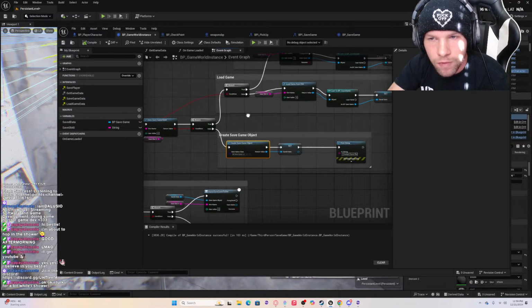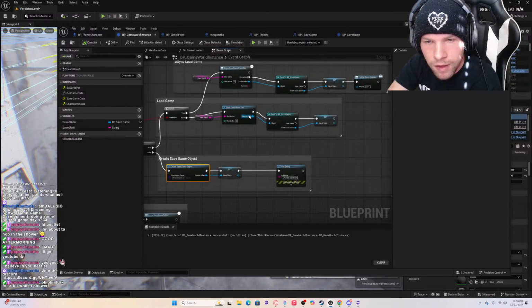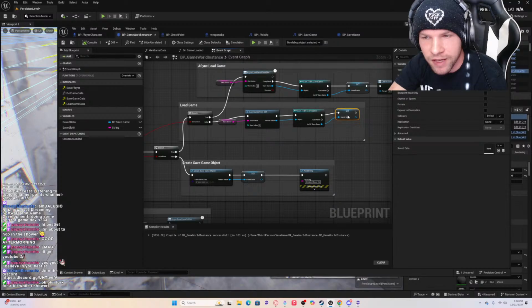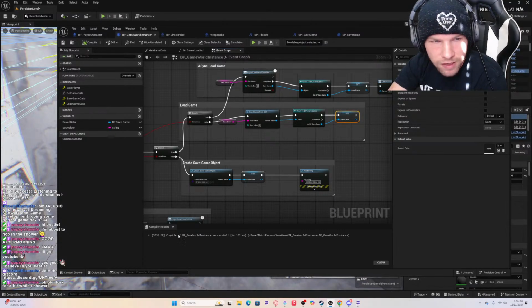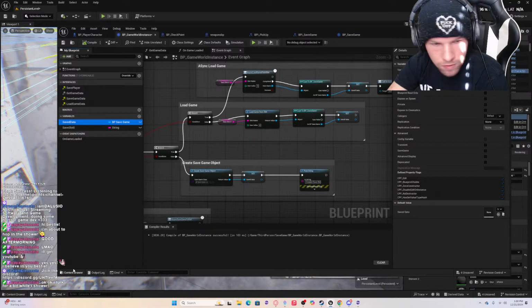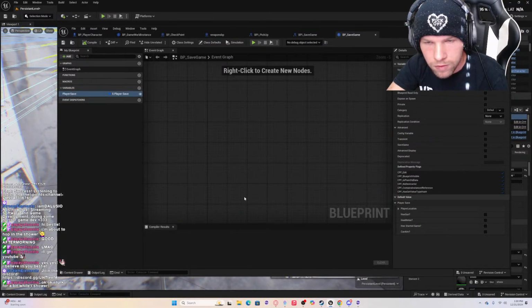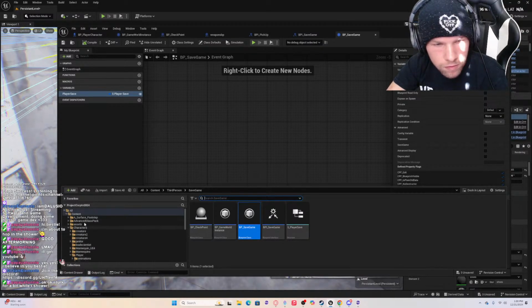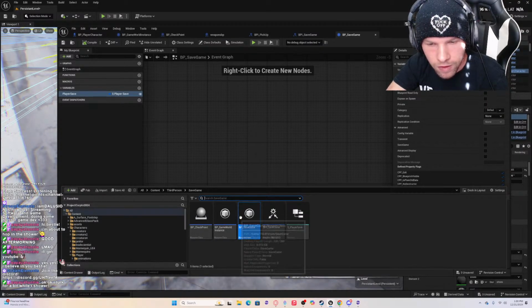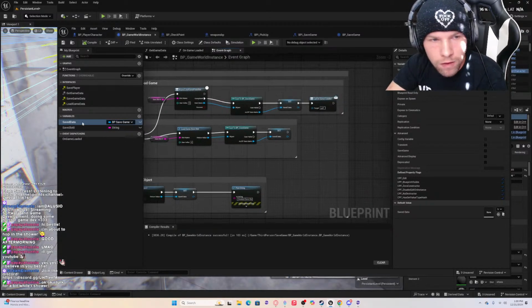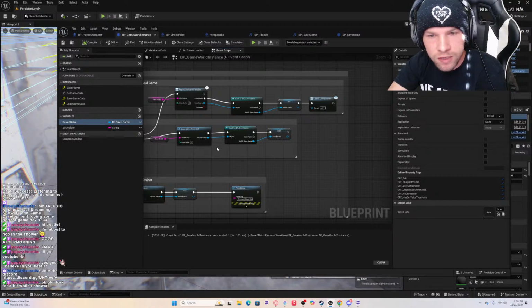So when we load the game, we cast to our game save, and then we set our saved data, which is this variable, which is just setting that blueprint.